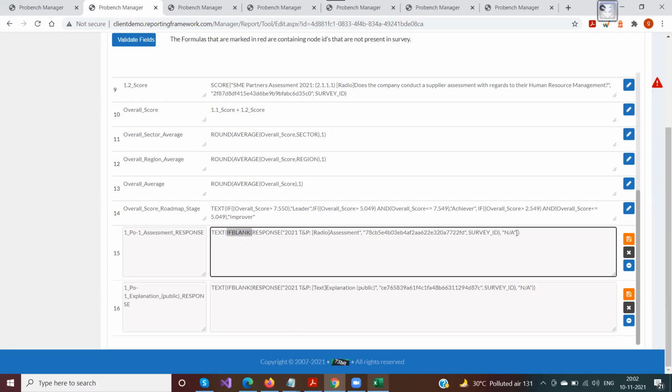Okay, so if this particular field has no responses, it is blank because it was not visible to the user, and the system automatically adds NA.